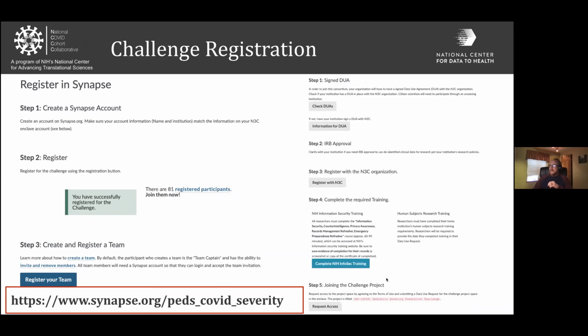And then this is probably the key step for everyone on this call. I have a link to the Pediatric Severity Prediction Challenge project, and you'll have to request access to that. But I won't be able to add you until you have an account with all the proper information, as well as the team that's registered, because I'm going to be using your team name to create a folder for you with the proper permissions to lock everything in.